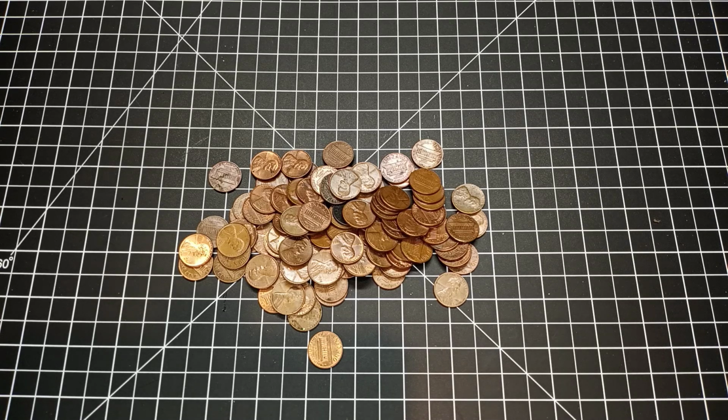So I just wanted to share that with you, how in just a few years we've gone from me finding like 31, 32% copper to 20%. And I would think that if I do this in about a year,